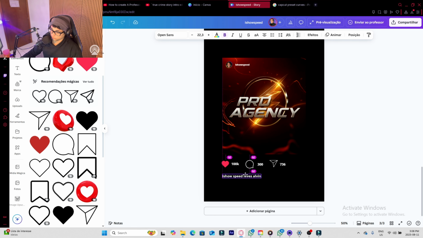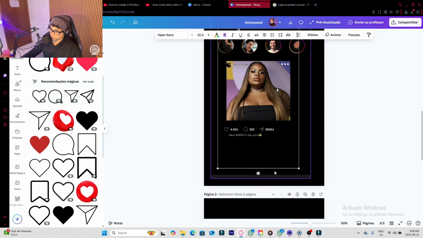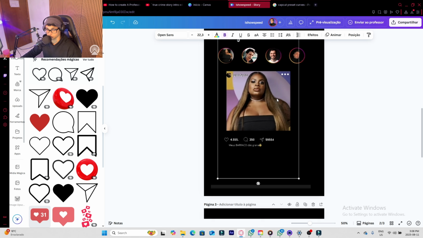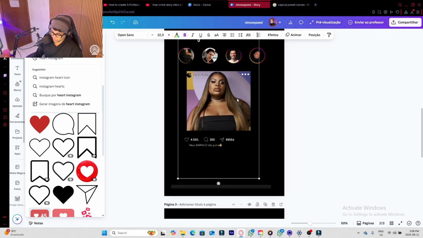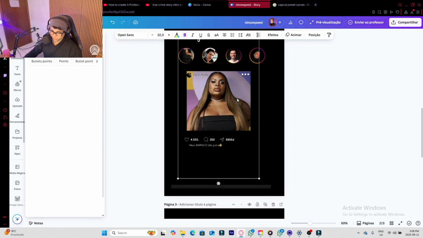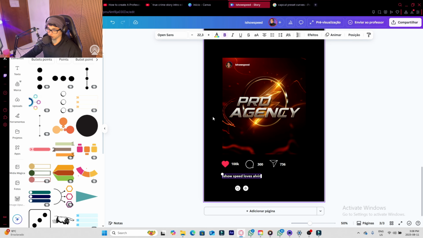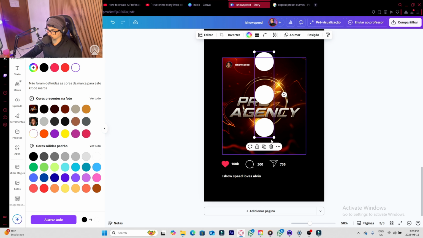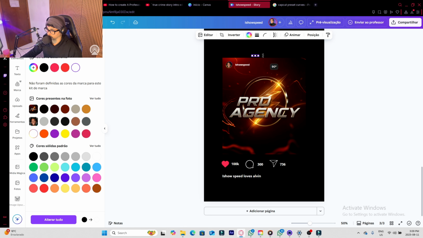Okay, cool. I have these 3 points here in the right side at the top. So I'm gonna simply go to the Elements tab and type in 3 points this way. And then you're gonna find a lot of them. You just have to pick the best one that you think fits your design. I'm just gonna pick another one and turn it into white. I'm gonna scale it down and rotate it 90 degrees and put it here. Okay,